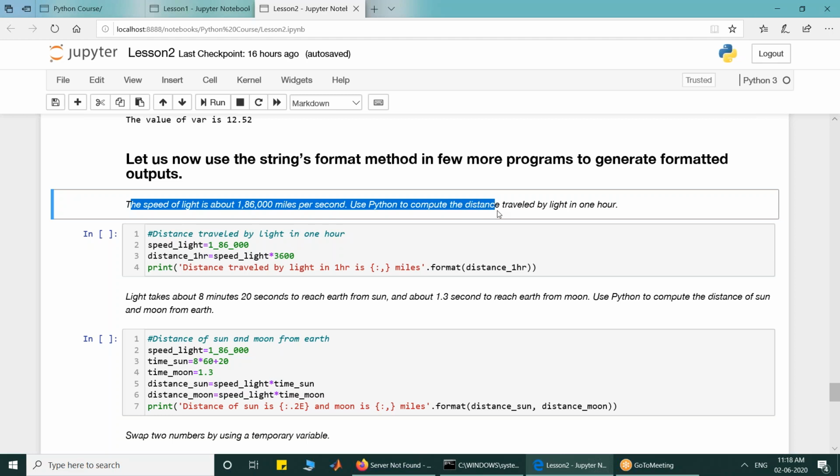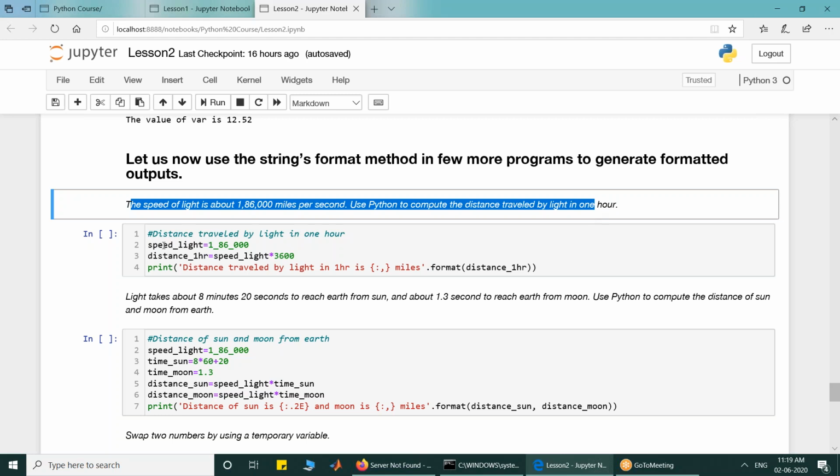I want you to use Python code to find out the distance traveled by light in 1 hour. Speed of light per second is given, and you know in 1 hour there are 60 minutes, and in a minute there are 60 seconds. So there are 3600 seconds in an hour.